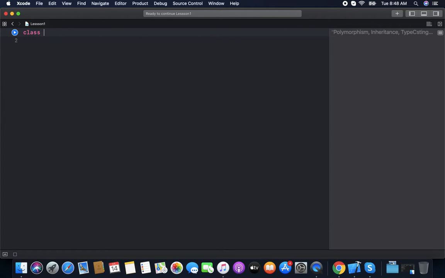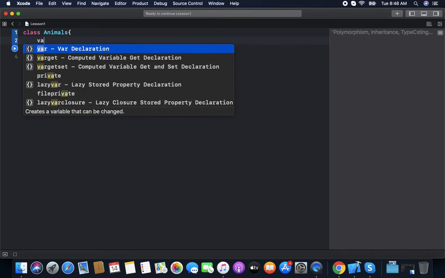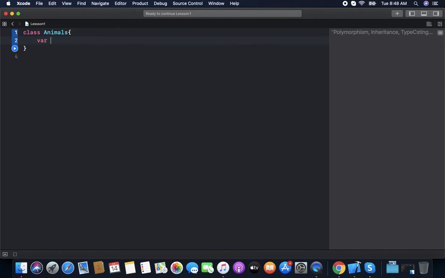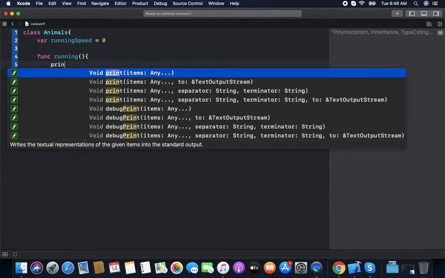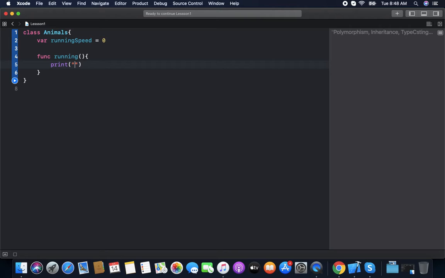We have a class Animal. Animal has a variable called runningSpeed, and by default we mark it as 0. It has a function running. By default it will be running at the average speed, so we'll mark it as average.